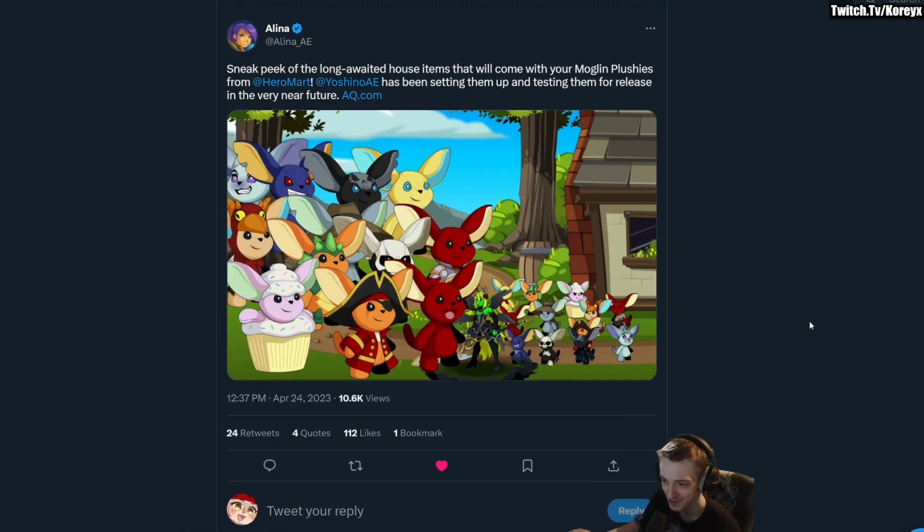10k chest house items, Alina, please. I so badly want all the 10k chests to be house items. I think it would just be cool to show all your 10k chests, because just imagine the amount of ACs people just have sitting in their house in the 10k chest, and have them clickable to open the shops, too, as a house item, would be perfect. I just hate pulling things out of my bank.